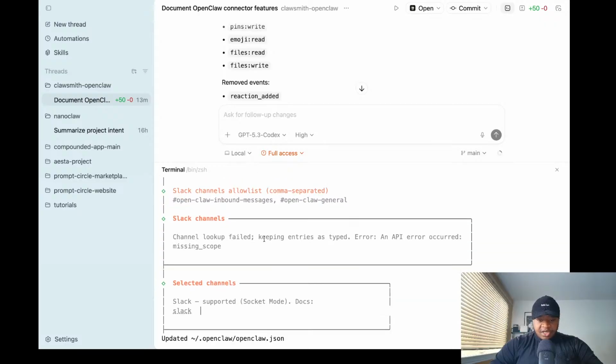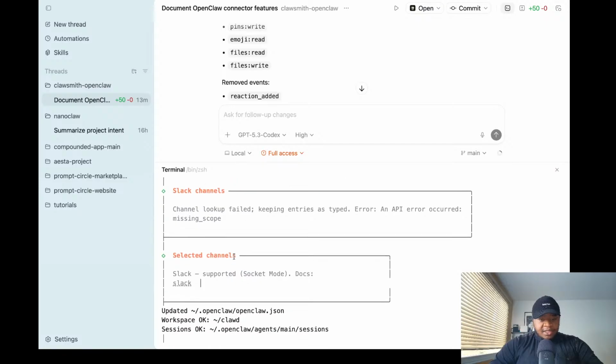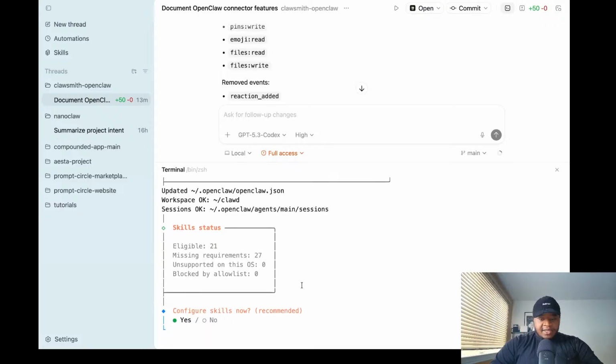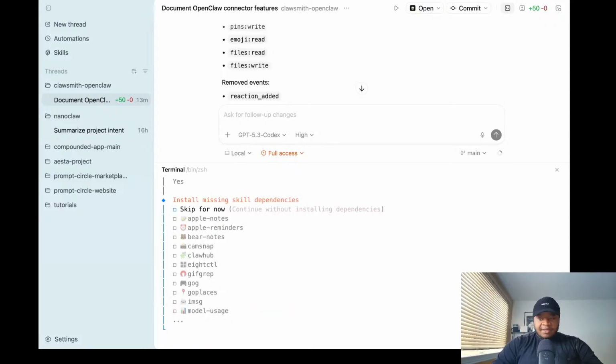Okay, so channel lookup, an API error occurred, missing scope. So it's saying that we need to add a scope to our channel. It's saying that there are 21 eligible skills. So now let's configure skills. We'll come back to the Slack and make sure everything is okay. But skills is really what makes